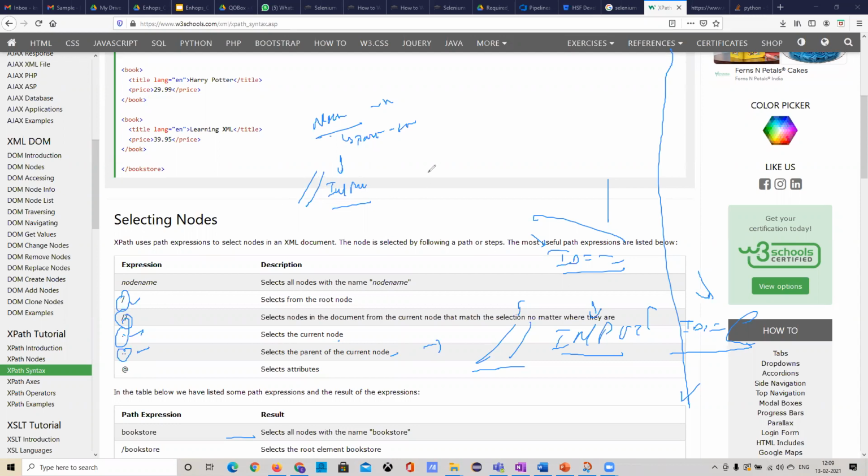So now here the people will give slash dot dot and slash. Now what it will do, it will select the parent node. So you should know how to access the parent, how to access the child, and how to access the siblings. All these implementations were there in the documents which I have shared for you. So how to implement this one?